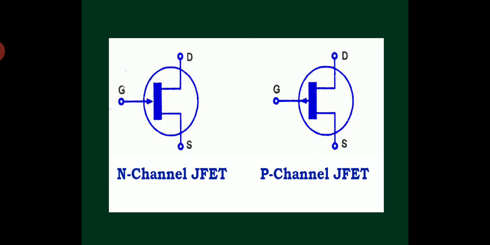Okay, and next thing, in FET, as I said, it is also a 3-terminal semiconductor device having 3 terminals, namely source, gate and drain, right? Source, gate and drain are the terminals of FET, right? So here in FET, the source and drain terminals are interchangeable. We can change the terminals. So I can use source terminal as drain terminal, and also I can use drain terminal as source terminal.